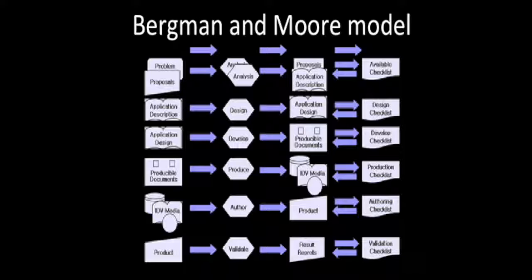Those are the 6 phases of the Bergman and Moore model. Although this model was especially created for interactive video and multimedia products, the principles of this model can be applied to high-tech,